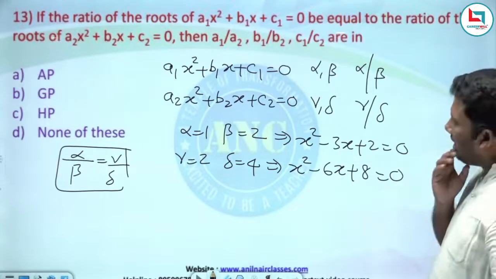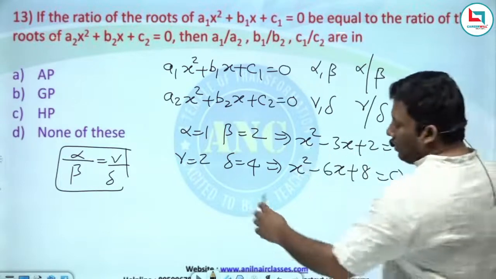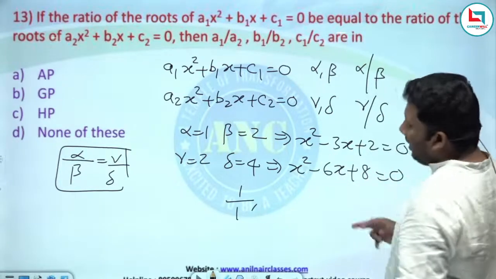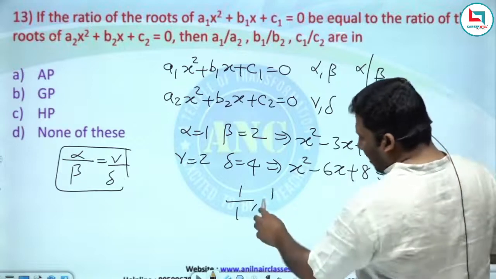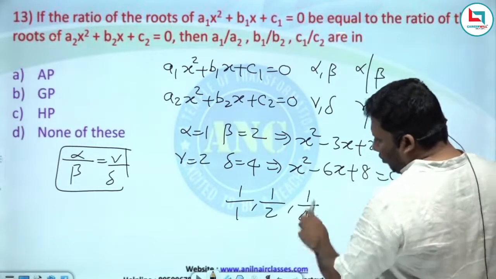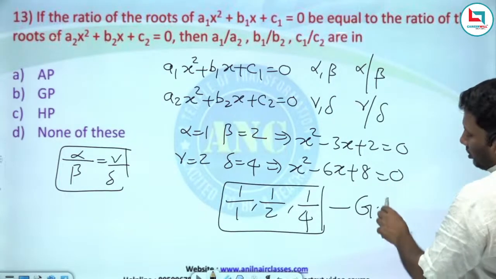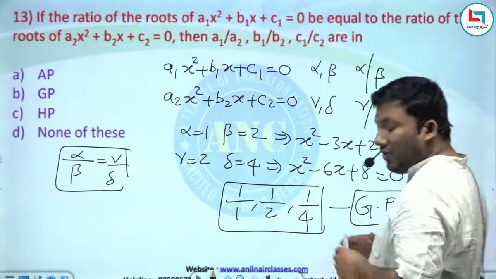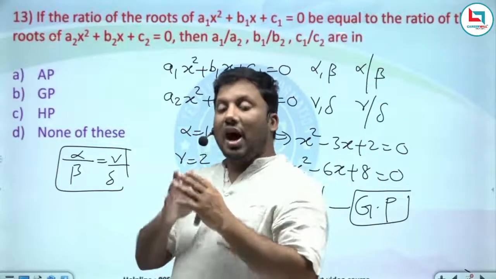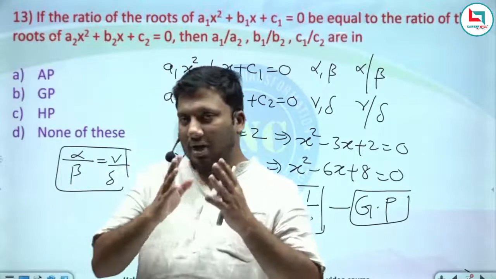6x plus 8 equivalent to 0. Now if you see a1 by a2, 1 by 1; b1 by b2, minus 3 by minus 6, 1 by 2; c1 by c2, 2 by 8, 1 by 4. So 1, 1 by 2, 1 by 4. They are in which progression? Geometric progression. Whenever you get any questions asking whether the coefficients are in AP, GP and HP, you can easily